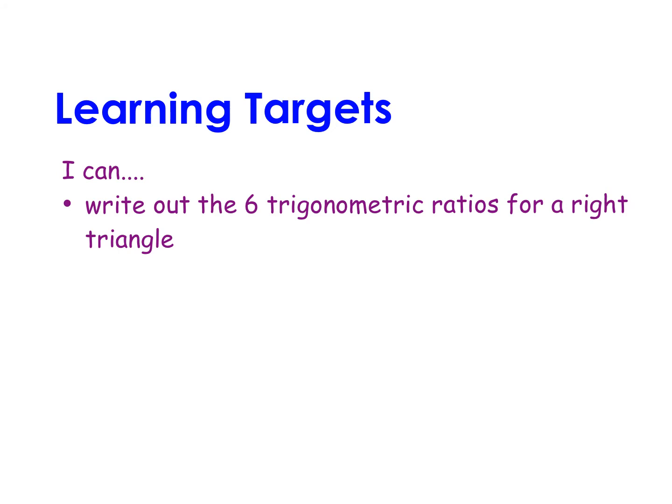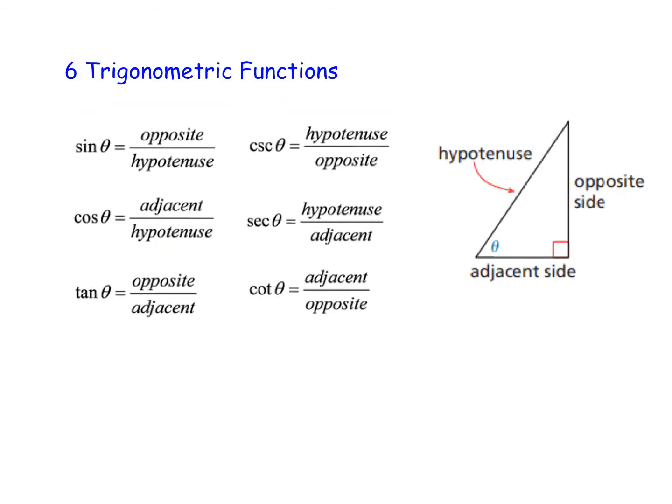In this video, we'll be learning how to write out the 6 trigonometric functions for a right triangle. So this topic of trigonometry only applies when we are dealing with a right triangle. What you should all know already about right triangles is that all of them contain a right angle. Then from there, they all contain a hypotenuse that is across from the right angle, and then they contain two